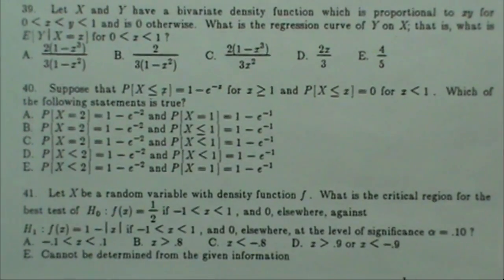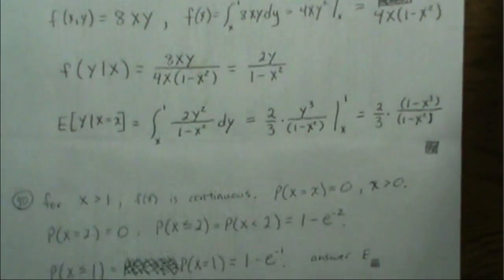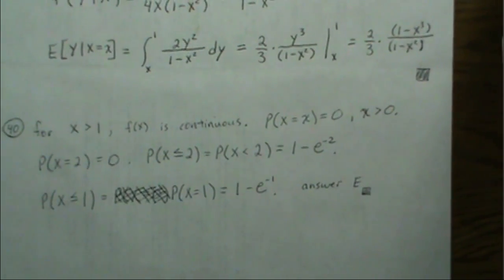Number 40. Suppose that the probability of x being less than or equal to x is equal to 1 minus e to the minus x for x greater than or equal to 1, and the probability that x is less than or equal to y is 0 for x less than 1. Which of the following statements is true? That's the answer. So now problem 40,